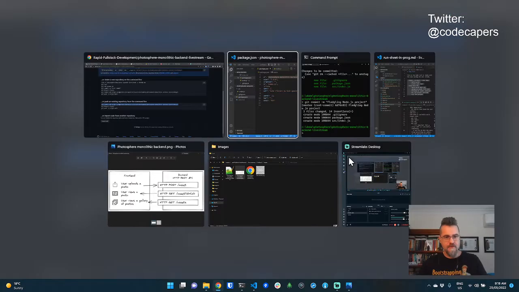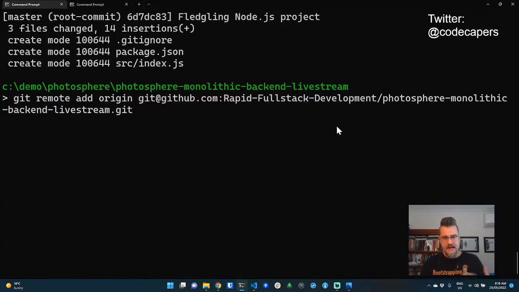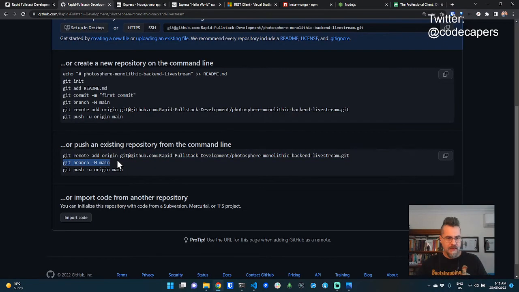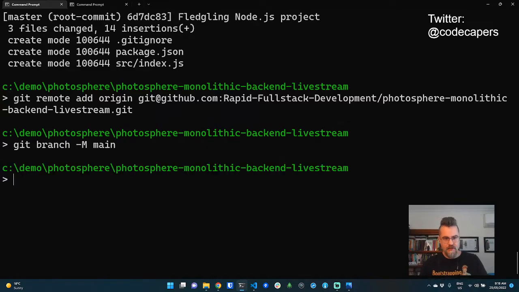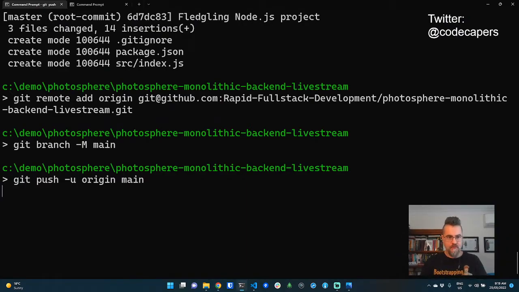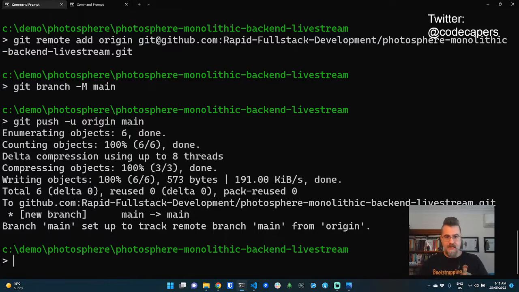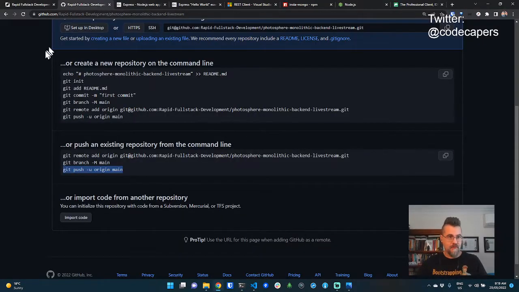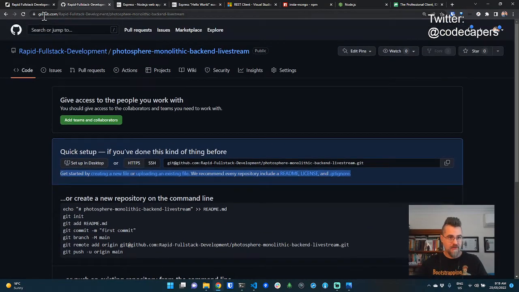The first command adds the remote repo to my local repo, making sure that I've got the branch set up correctly as main. And now I'm going to push my local branch to that remote. So that's up there now. You can actually clone this repo. If I refresh the repository here in GitHub,